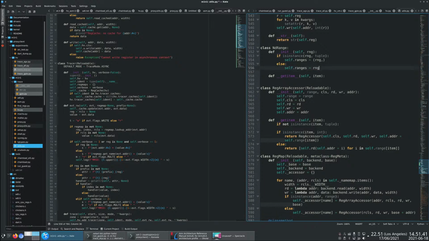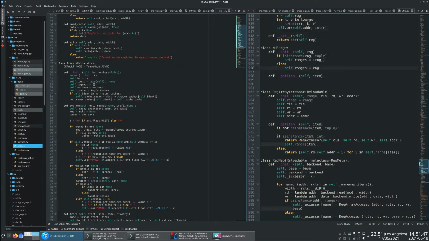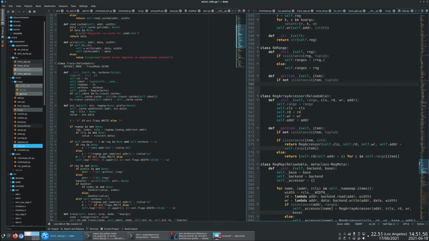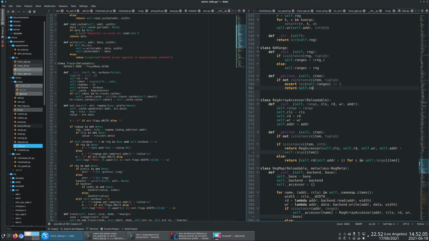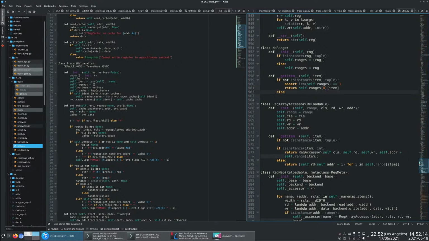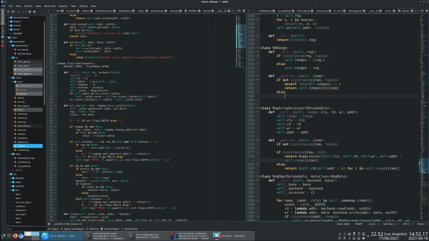So we allow there a tuple or a single one. If it's a single one, we convert it like that. And then when I get an item, it's the same thing here. If it's not a tuple, then hopefully this is also not a... Otherwise,